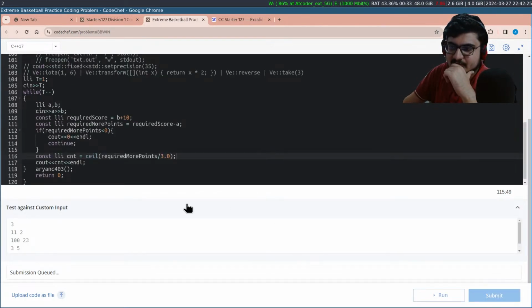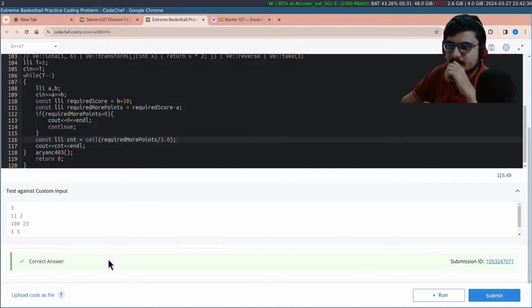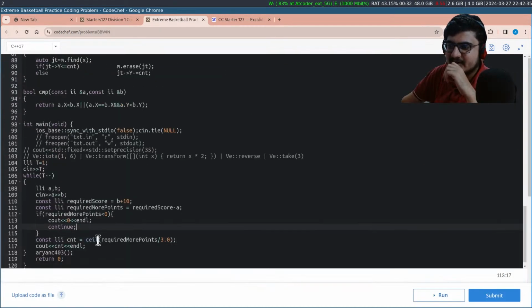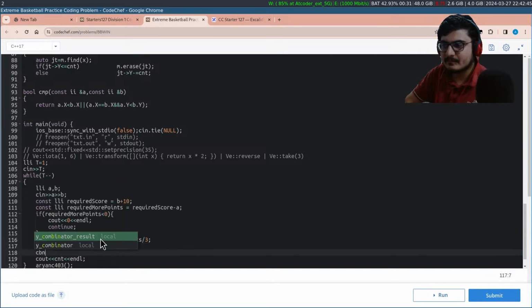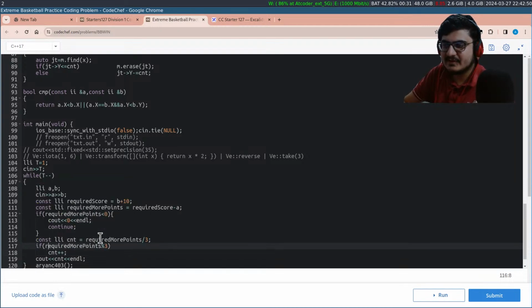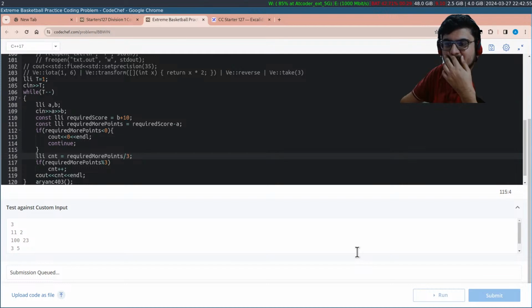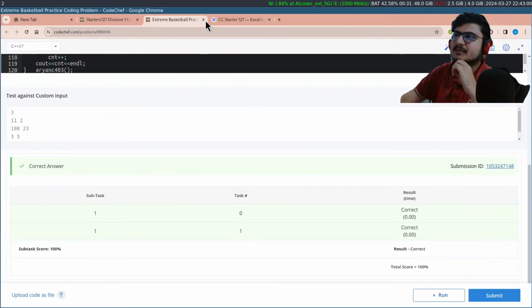Like this should also work for this problem. The idea is when the number becomes large, you should not use the mathematical ceil function. And for a very large number, the other way can be like this. This can be one way to do it.